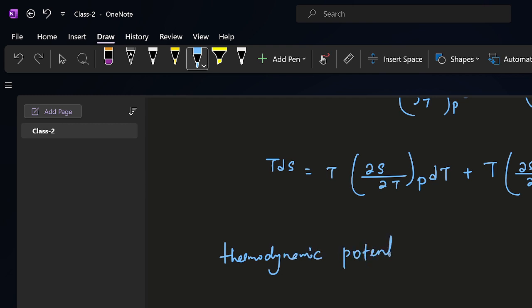So we'll introduce a thermodynamic potential in terms of G. G is a function of T and P. It is called Gibbs free energy. F was Helmholtz free energy, G is Gibbs free energy, and G has a specific form so that dG equals minus S dT plus V dP. So we can know that if you take del G del T at a constant pressure, it is minus S